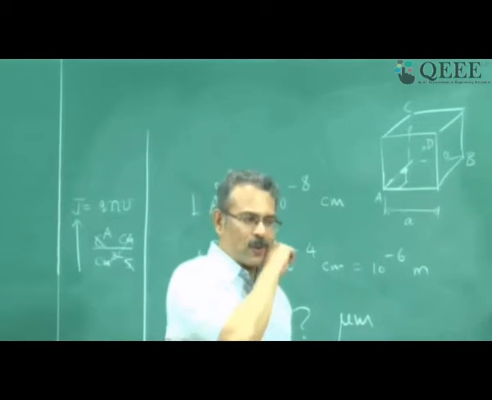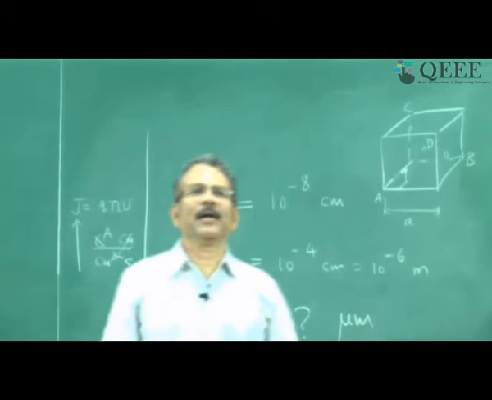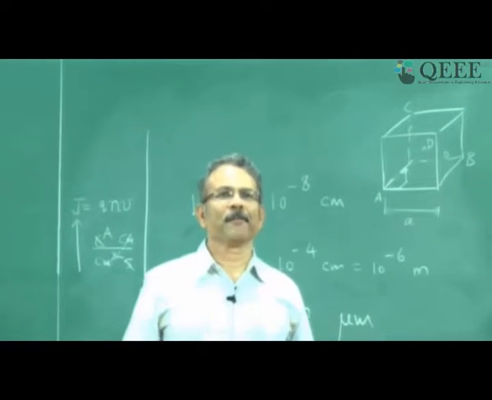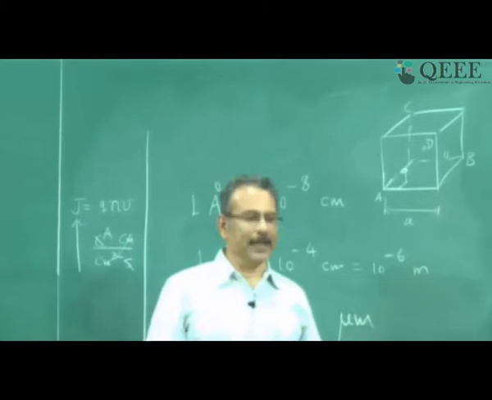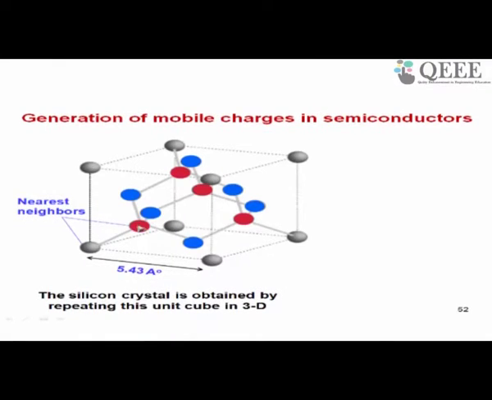Further bonds have been shown. You know that each silicon atom is bonded to 4 nearest neighbors. That is the kind of bonding. You can see that here each red atom which is inside the cube is bonded to 4 neighbors. They are 1 corner, that is this one, and 3 face centers, these 3 blue atoms. So the bottom face, the vertical face close to you, and this side face, the centers of these 3 faces. That is how you have 4 atoms bonded to 1 atom. Similar arrangement is there for others.